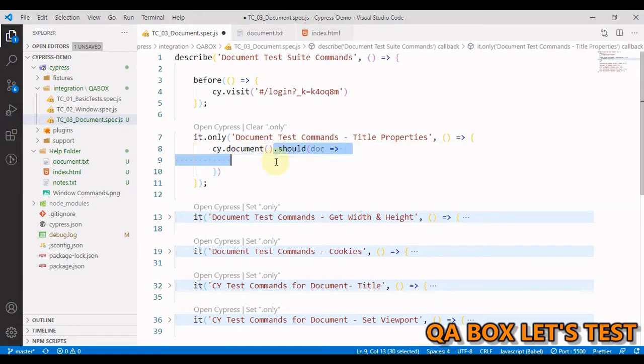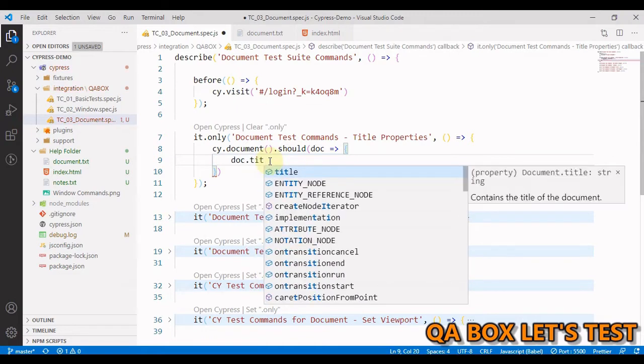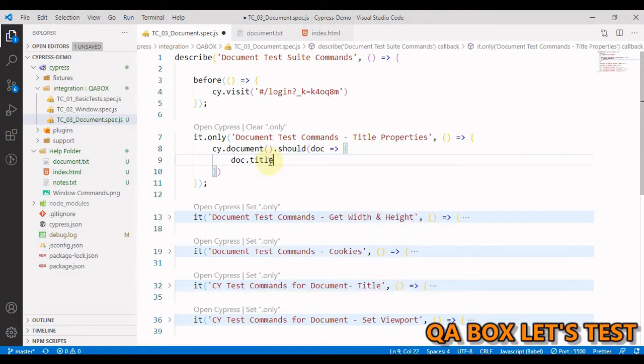And by now you should know this should. So now inside this, you have to write our code. So we have to say doc.title. So this will return us the title of the web page we are working on currently. So whatever page that you have visited basically, right? So cy.document will get hold of the document object. Alright, so let's save that into a constant and let's call it title text,